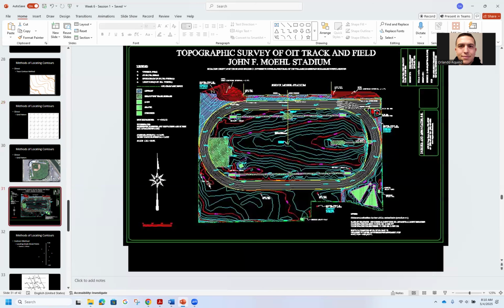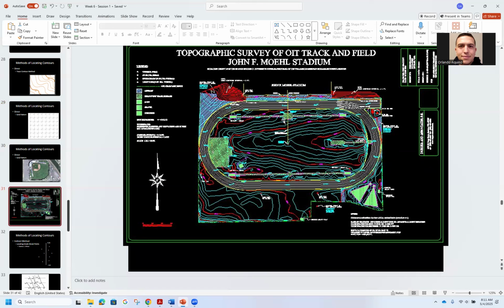And then something like this topographic survey of the track stadium at OIT. It's another grid system that we did. Actually, our company did a survey for when they wanted to reestablish or redo the track and everything. And yeah, it was a pretty intense survey, because we had to, one, make sure that this was going to